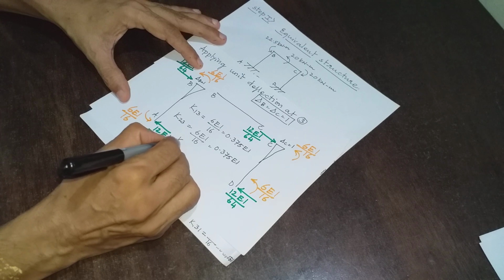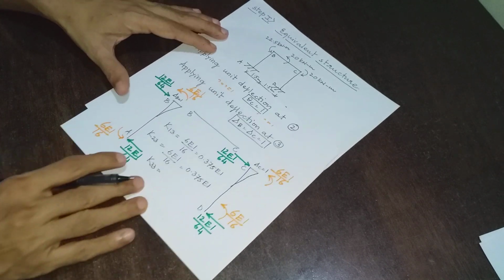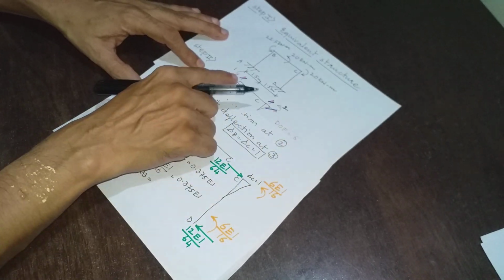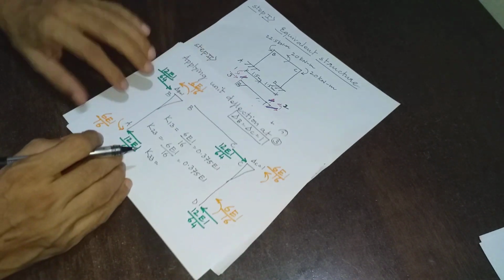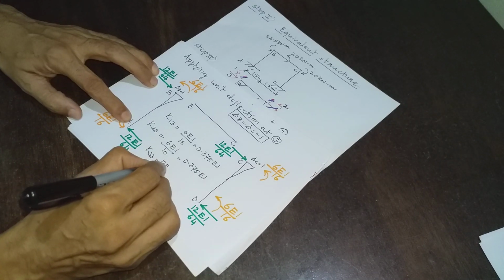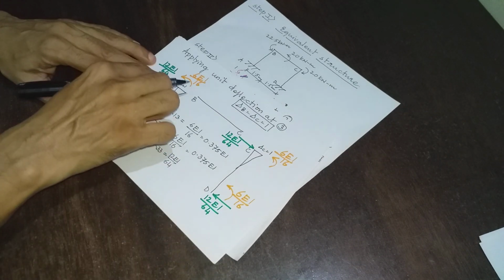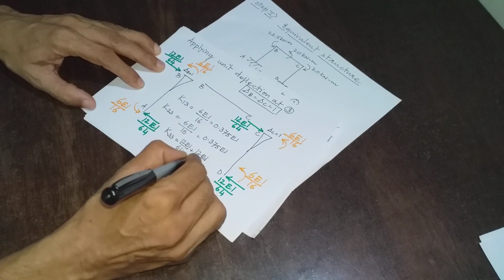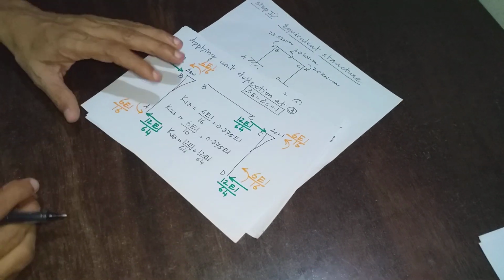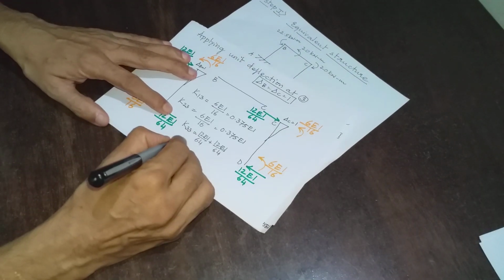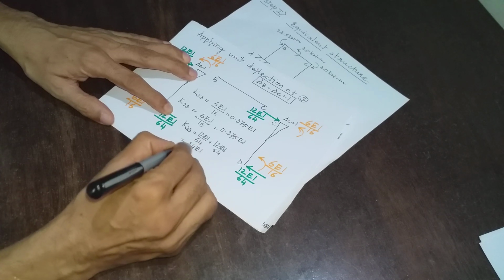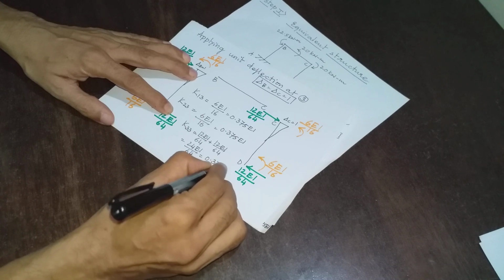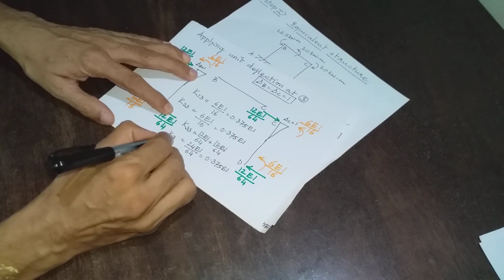Now my friends, it is interesting. K33. Where is coordinate 3? Coordinate 3 is deflection at B as well as deflection at C. Both these are coordinate 3. So it is 12 EI by 64 plus 12 EI by 64. This is the thing that needs to be understood by every student. If you understand this, you have won the battle. So that is equal to 24 EI by 64, and that is equal to 0.375 EI. K33 is 0.375 EI.